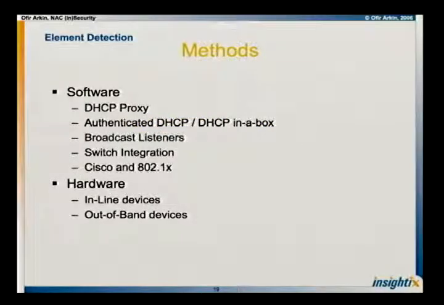So in this presentation, I will be covering several methods for element detection. I'll talk about the DHCP proxies of the world, about the authenticated DHCP. It's kind of fun because before the presentation, a marketing woman from one of the companies that sells network access control had sent me an email with their NAC offering, so I had to include them in the presentation.